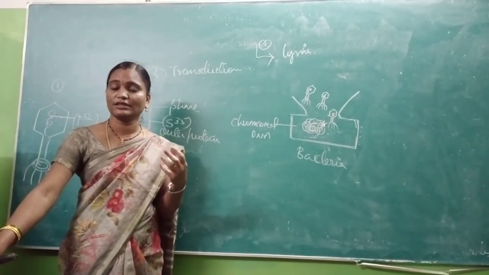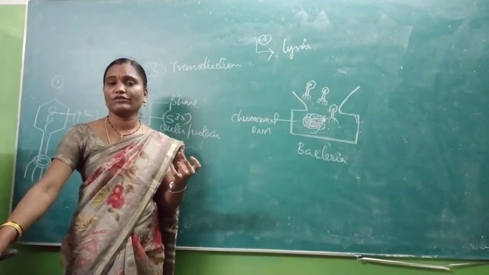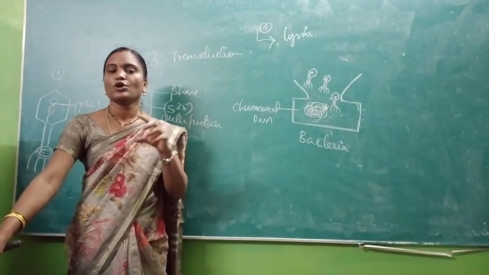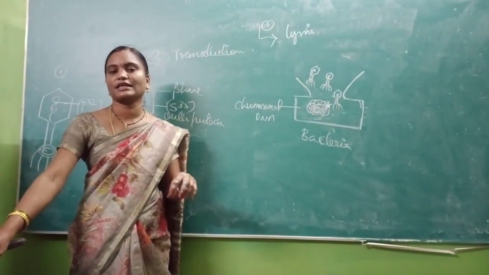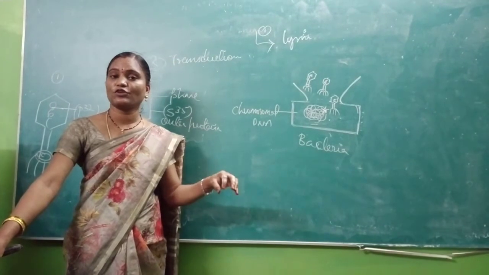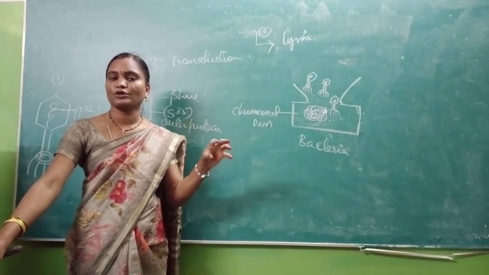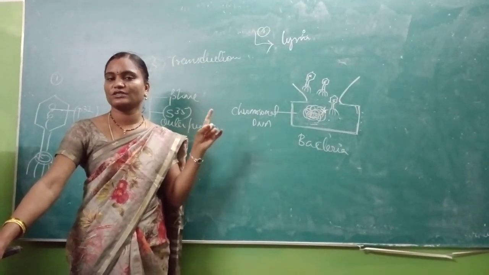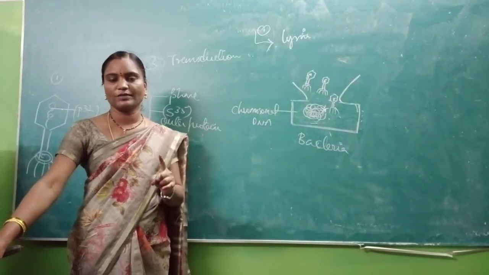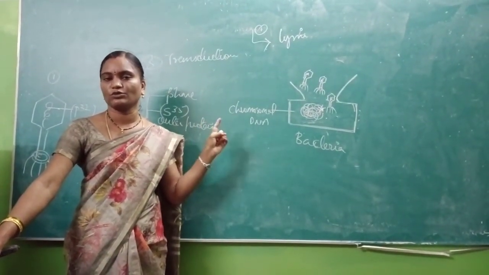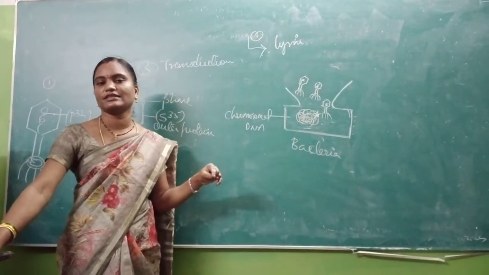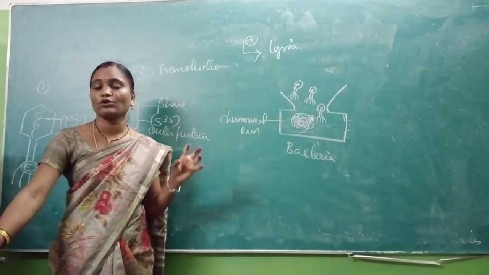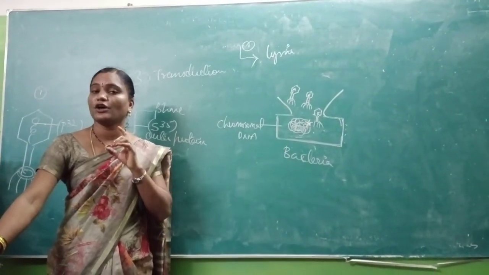In the second step, the penetration, what happens? The radiolabeled DNA molecule in phage 1 and the normal DNA molecule of phage 2 both get integrated into the bacterial cell, and in the third step, what happens? Both of the phage outer protein coats are left outside, they are known as host, and the left phage 1 DNA which is labeled with P32 and the phage 2 which is a normal DNA get metabolized with the bacterial chromosome. And in the fourth step, that is lysis, newly formed bacteriophage cells are produced which are having only P32 radiolabeled DNA but not your S35.